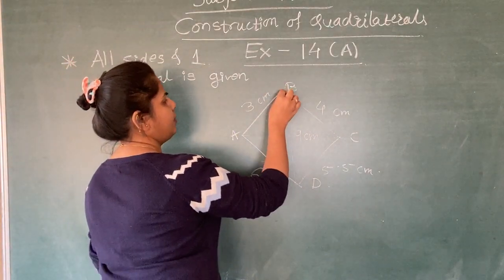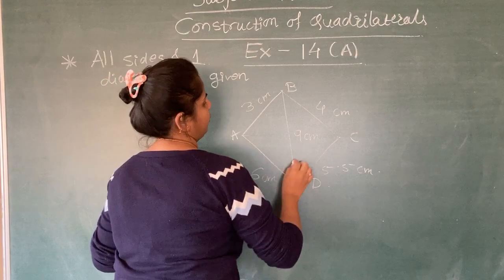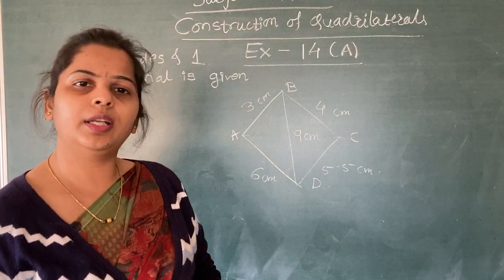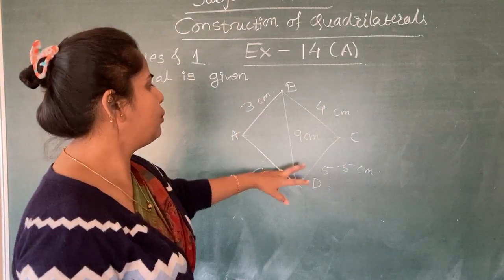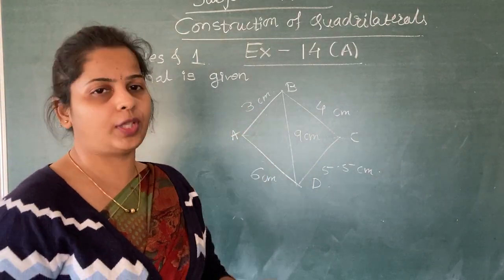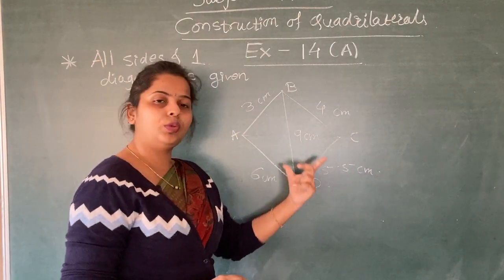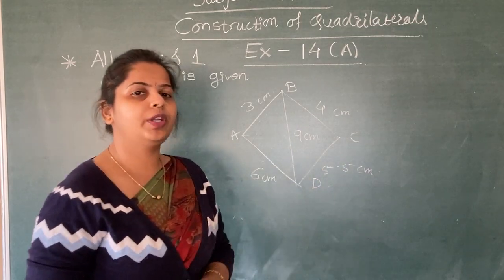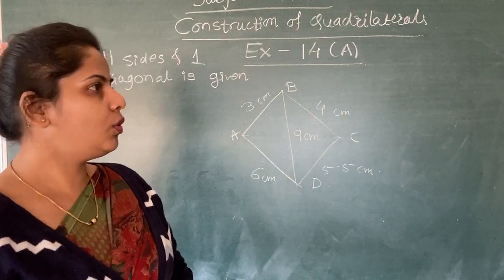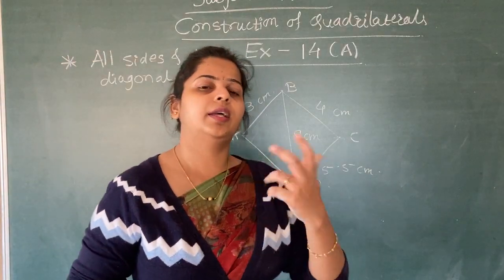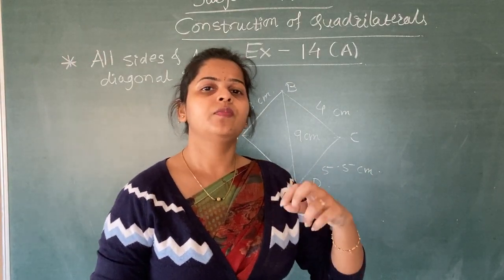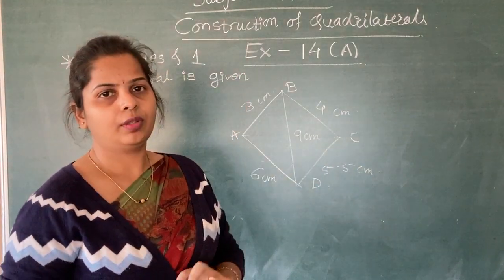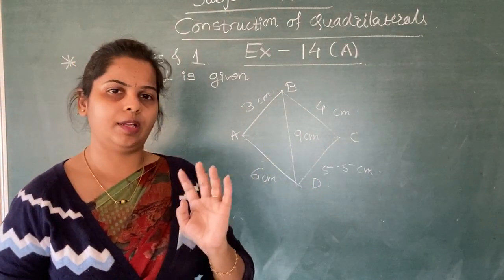ये क्वाड्रिलेटरल बना कैसे? बाय दीज टू ट्रायंगल्स. तो अगर ट्रायंगल बने तो क्वाड्रिलेटरल बनेगा, अगर ट्रायंगल ही नहीं बना तो क्वाड्रिलेटरल ऑब्वियसली नहीं बनेगा, इज इट? सो यू हैव टू चेक बाय द प्रॉपर्टीज ऑफ ट्रायंगल whether you can draw these two triangles on this base. कर सकते हो कि नहीं कर सकते हो, ठीक है? तो इसमें प्रॉपर्टी कौन सी आएगी? Do you know one property of a triangle that sum of any two sides of a triangle should be greater than the third one, ठीक है? ये दो साइड की एडिशन इससे ज़्यादा होनी चाहिए. ये सब के लिए मैच हो रहा है कि नहीं देखना है, ठीक है?